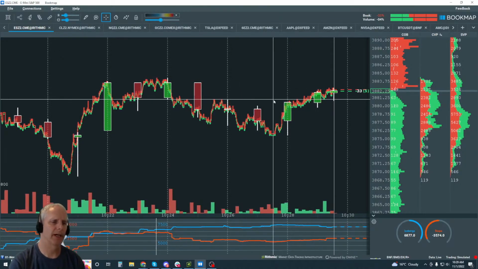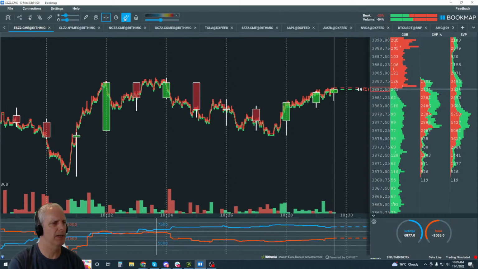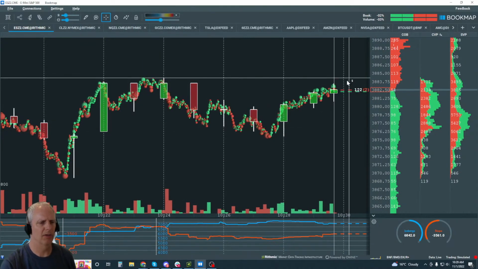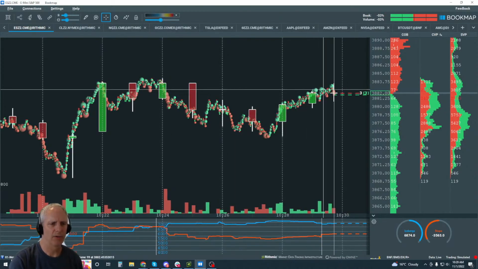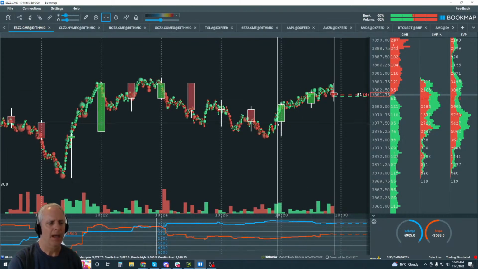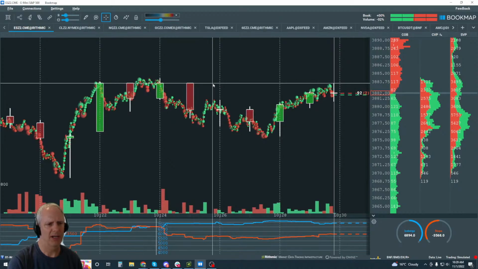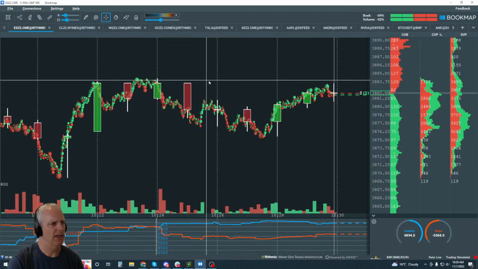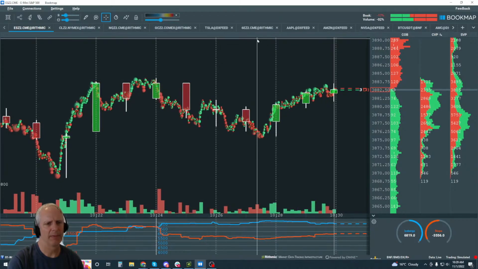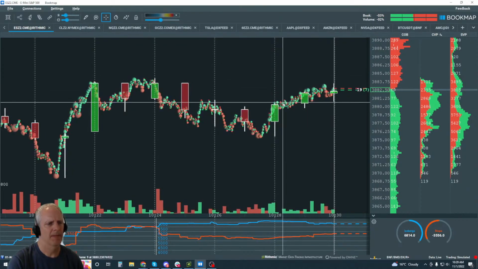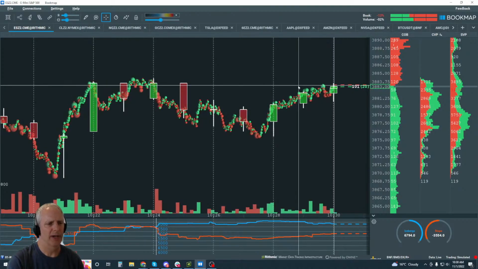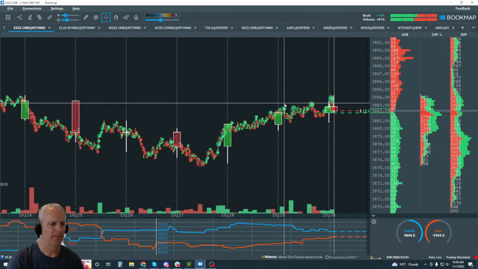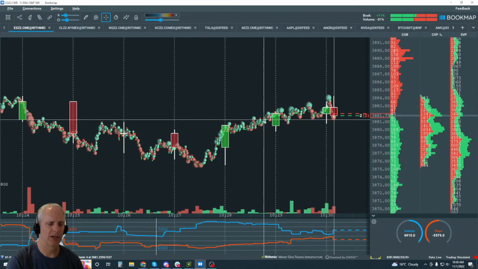So let's put the volume dots on. You already know what the volume dots stand for: the color and the size. These are the aggressive market buy orders, and that's great. Now we can see we're almost up here at 94. Still looking to see if we can break that, and then maybe get up into our 90 level. So that's the volume within the pure price action here.